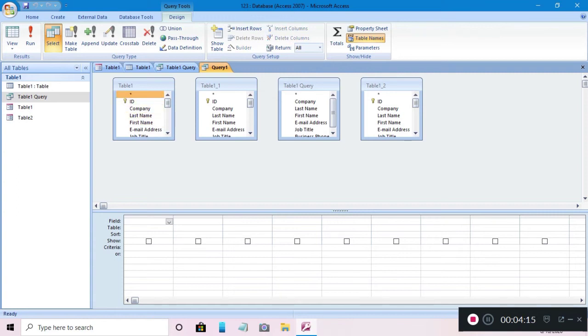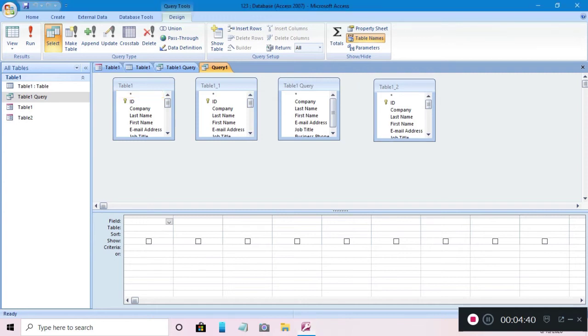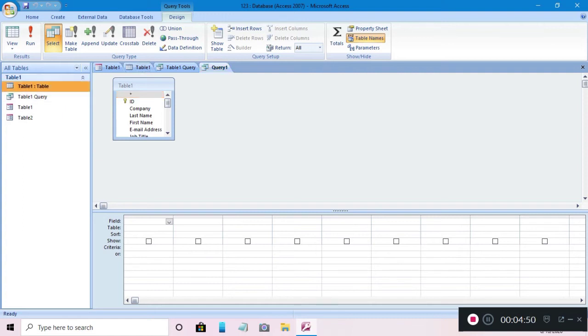these are the different forms, different data, and we are going to create a related table. Related means the same table. That means we are having more than one table with the same data. So first we will remove the extra data from our table, and this is the 1, and again we want to add table number 1.